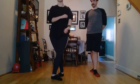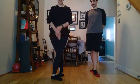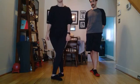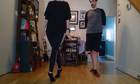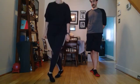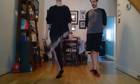Your right foot is going to be in front, and you're going to jump 2 feet off the floor together, keeping those legs in the same spot. You're not going to switch your feet. So you jump up in the air and keep those legs, right foot's in front, no switching. So jump, and then you're going to take that right foot and you're going to kick it up in the